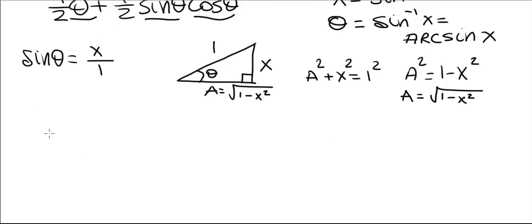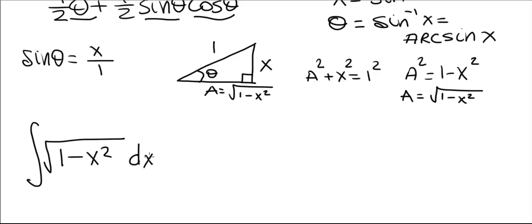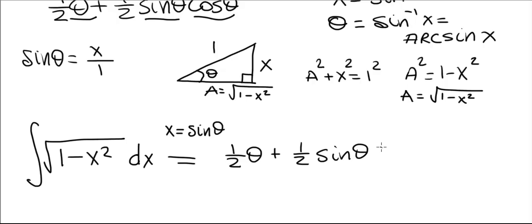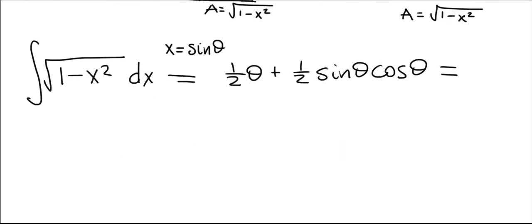So we're going to return to the original integral. The original integral was the square root of 1 minus x squared. After making the substitution x equal to sine theta, we found the answer in terms of theta: 1/2 theta plus 1/2 sine theta cosine theta. And so now the final answer in variable x is as follows: 1/2 inverse sine of x, that's our theta,